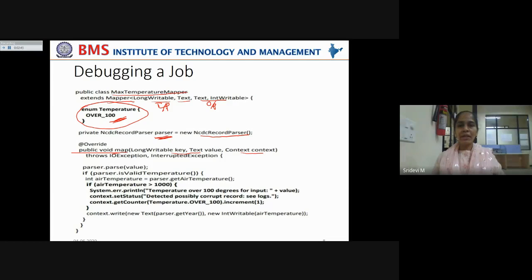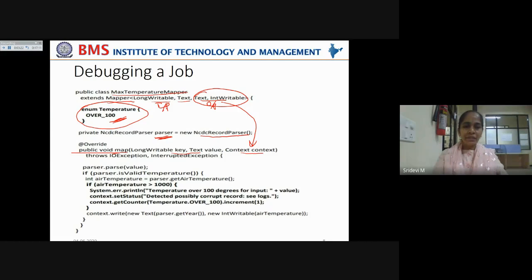This map function takes the key value pair as input, that is the input split containing the file offset and the entire text associated with that file offset, and then whatever data is obtained by processing that input split can be packed into a context object in the form of again a key value pair as Text and IntWritable. Okay, now as usual this throws IOException and InterruptedException which can be caught.